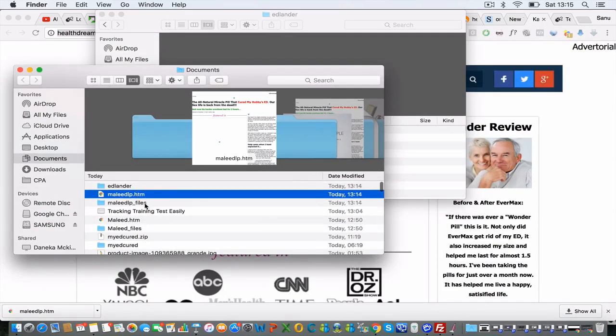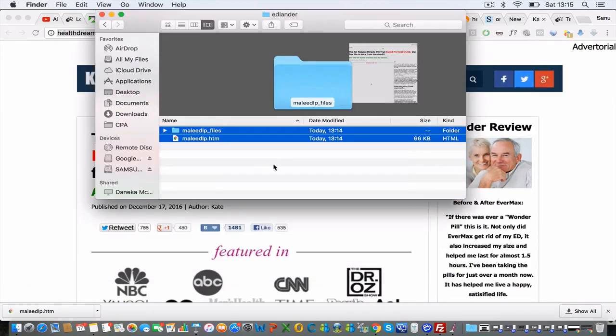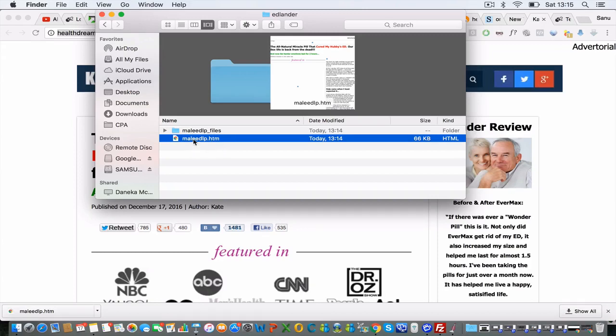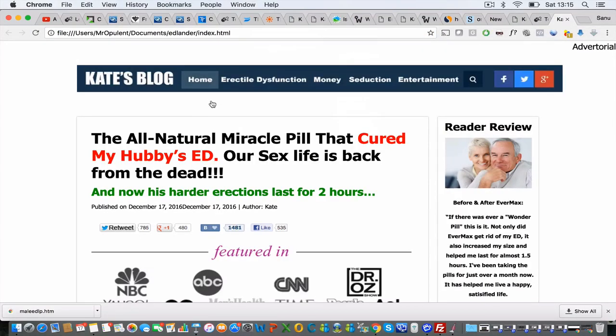So I call it mailedlp.html right there, and these are the HTML files. Okay, I'm going to drag the folder, and I'm going to drag the HTML file into this folder, and all I'm going to do is simply change the HTML file from mailedlp to index.html. Okay, so index.html. And once I've done that, I'm going to open it up, and it should open up the landing page from my desktop, okay,